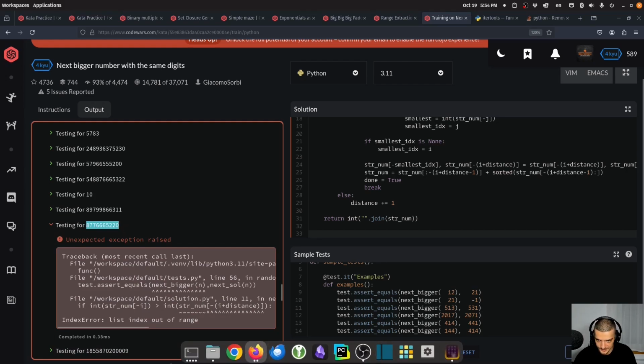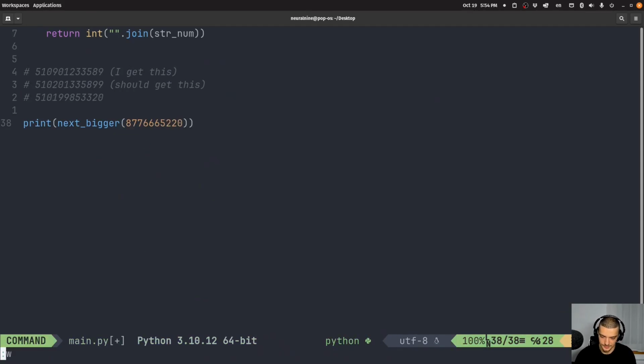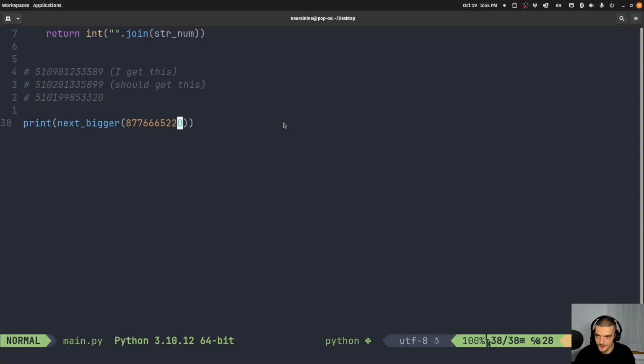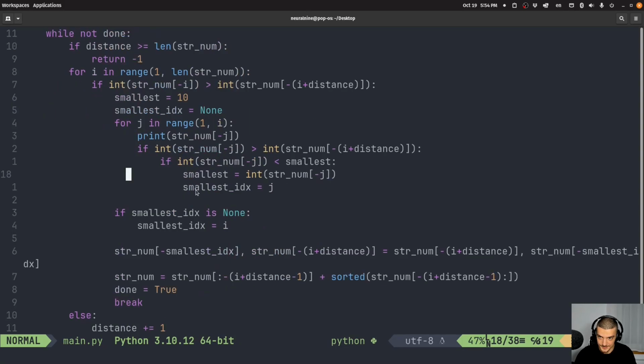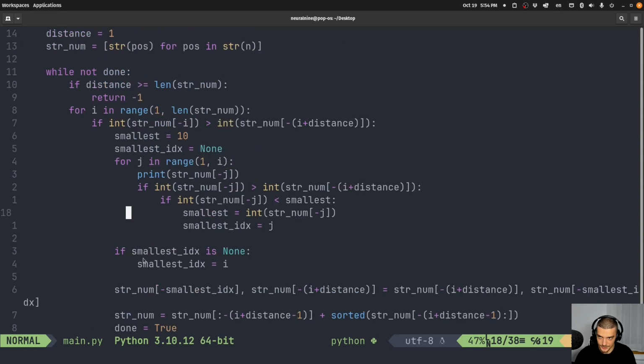I'm almost done with this. We're gonna do this. I get an index error here. Why do I get an index error with this one? What does happen here? Well, if there are no replacements, when does this happen? When I go through the loop,